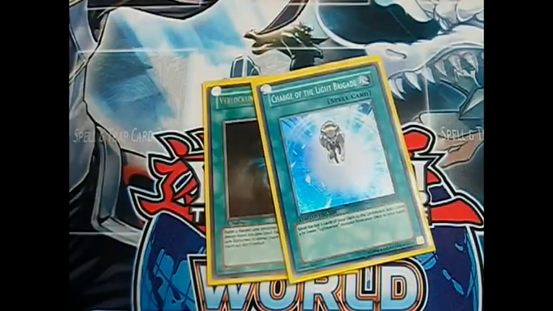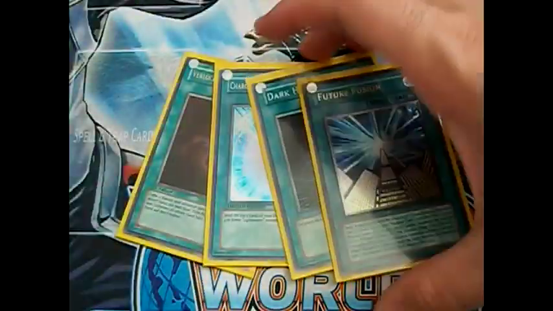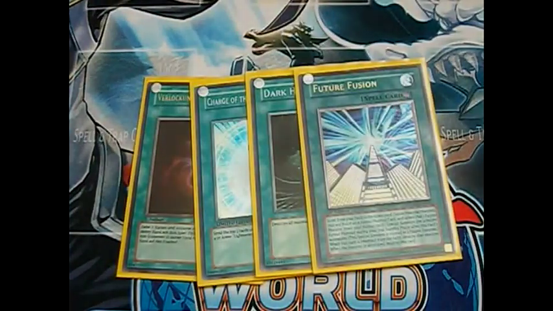Then you got your one-ofs, Allure, Charge, Dark Hole, Future Fusion. I don't know why you would not run this. I mean, yes, it's another card that...